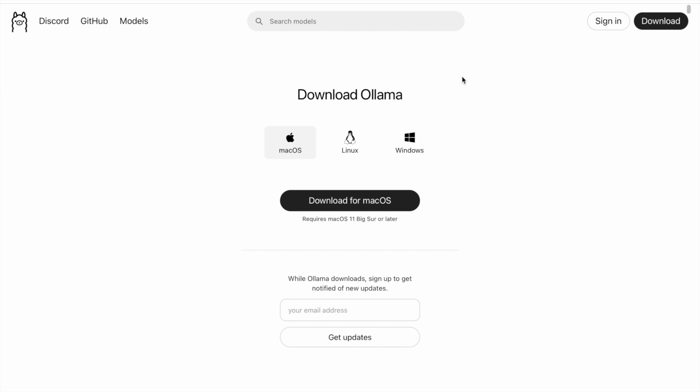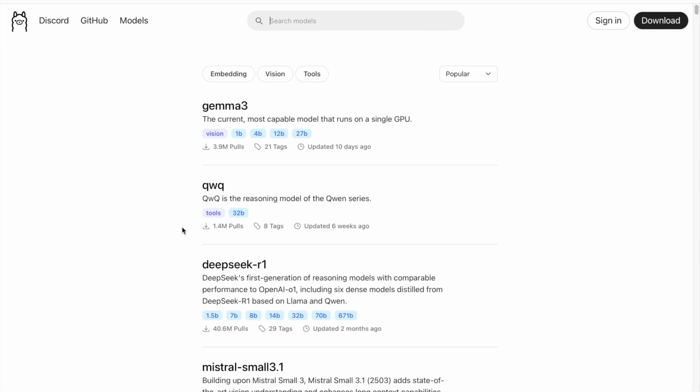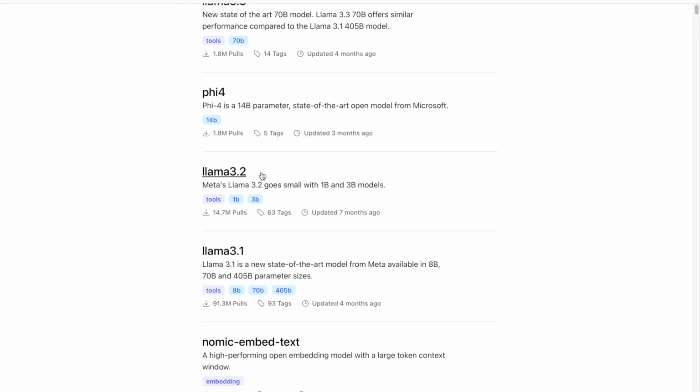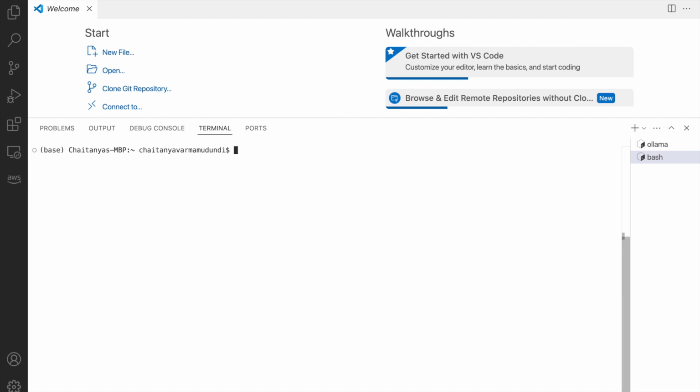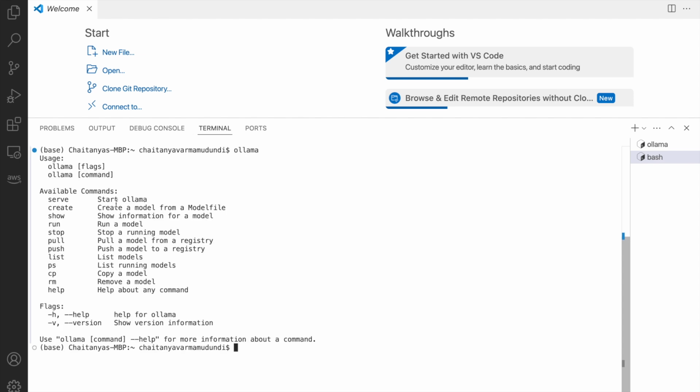Next, let's look at how we can communicate with these models, pull one specific model onto our local system and use it. For our example, let's communicate with Llama 3.2. Let me go to my terminal. I'm using Visual Studio. Here, if you have a successful installation, you can try running Ollama and you should be able to see these commands pop up here. And when you click Ollama serve,